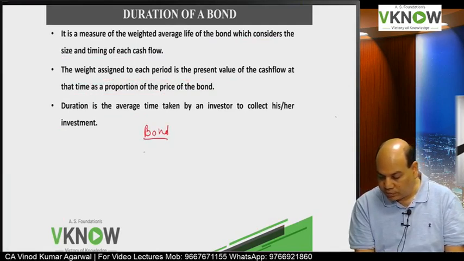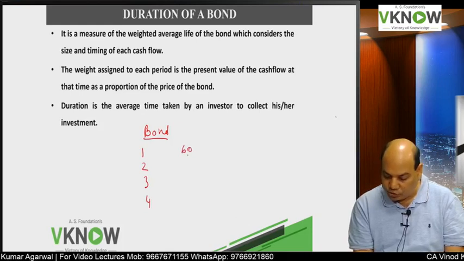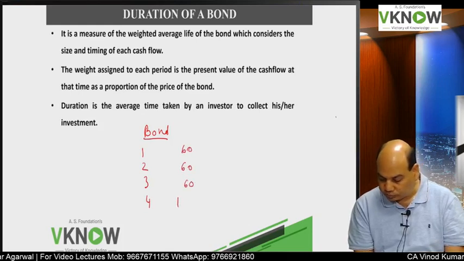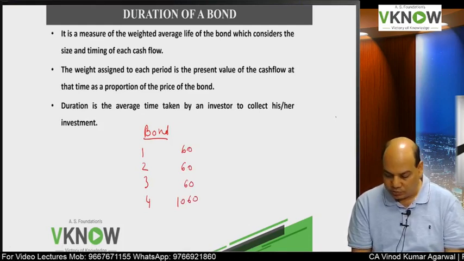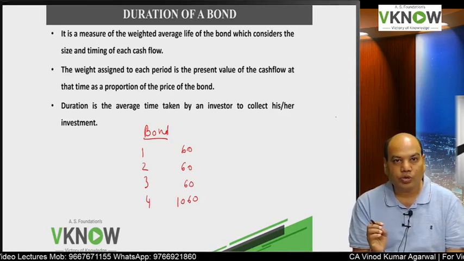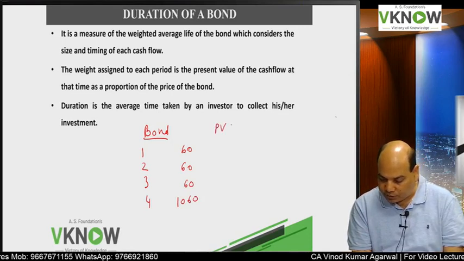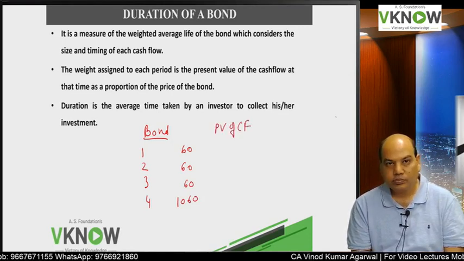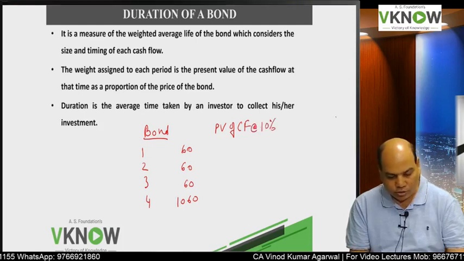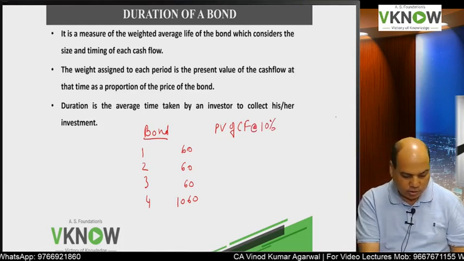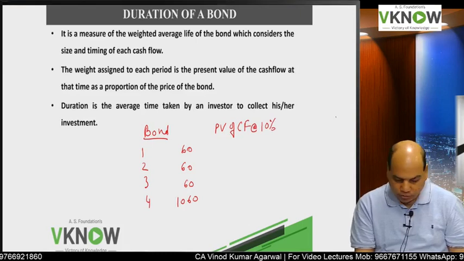Suppose this is a bond. It has 4 years maturity. It pays you coupon, and in the last year it pays you coupon plus redemption value, and they ask you to compute the duration of the bond. So what you will do, first you will compute the present value of cash flow. Okay, let us say the discount rate is 10%. So you will help me with the present value. 60 divided by 1.10. So this will be